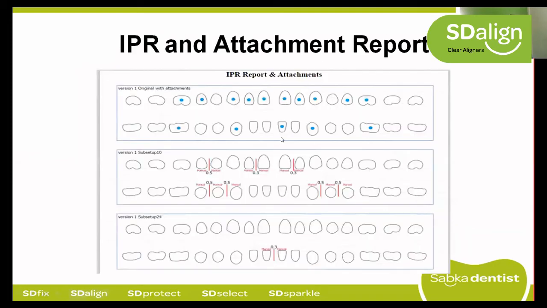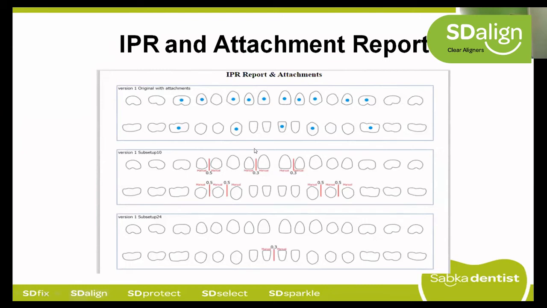So this is what we have planned for the IPR, Dr. Manu. You can unmute yourself, sir. We can have a discussion. That's not a problem. So, sir, see what we planned in the first stage after expansion for 10 sets. So how to read this chart? I will just guide you. Version 1, subset 10. What does it tell us? At stage 10, after the initial 9 sets where we have tried and built in expansion, you will have to do 0.5 mm IPR between the canine and the premolar.